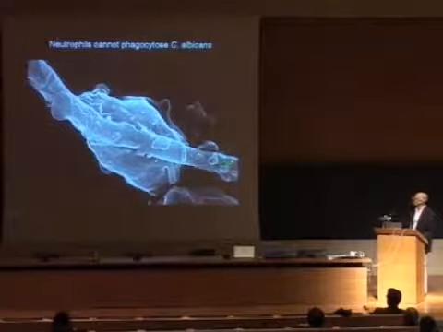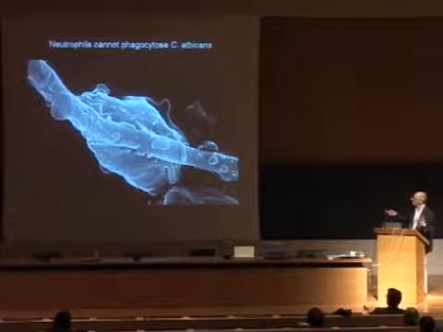So this is a scanning electron microscopy of a culture of neutrophils that was infected with Candida, and the Candida immediately made hyphae. This is one hypha, and this is enormous, right? This is just a part of the hypha. This would be much bigger than this room. And you can see the poor little neutrophil is too small to actually engulf the whole hypha. So fungal infections in healthy individuals are actually quite rare, so it means that we have good defense against fungi, and we propose that maybe the most effective anti-fungal weapon of neutrophils would be the nets.